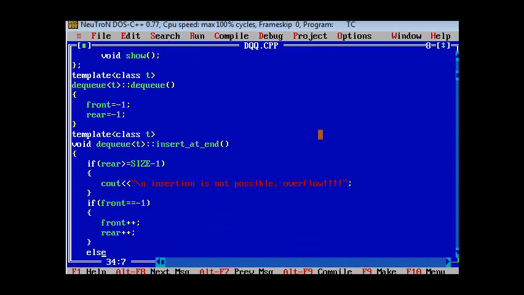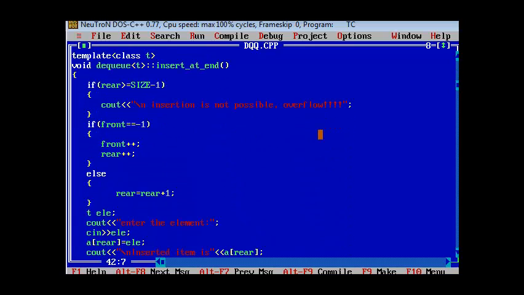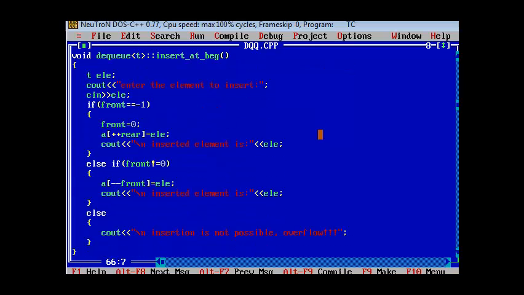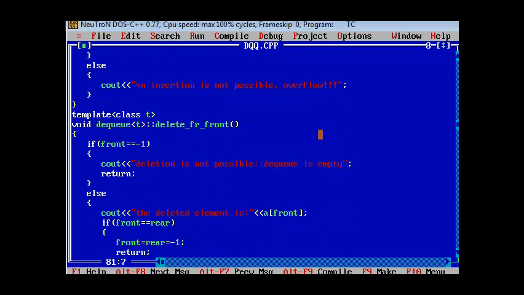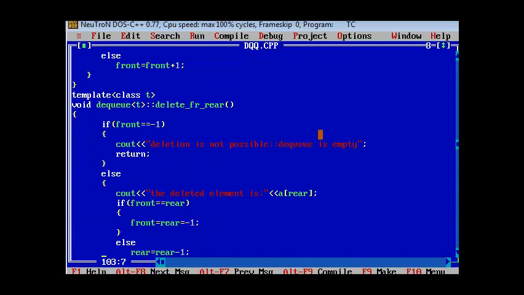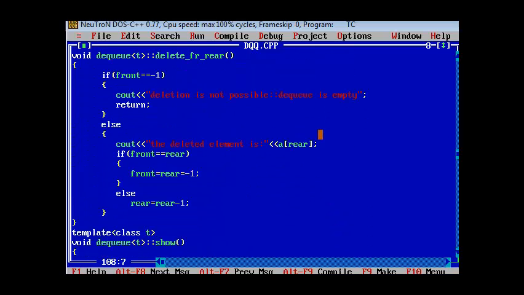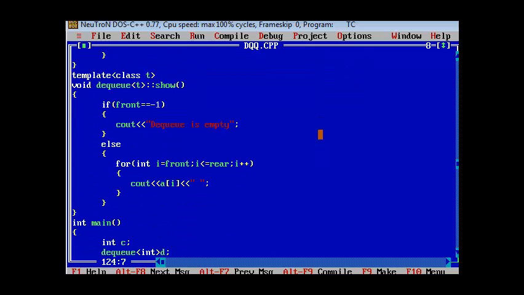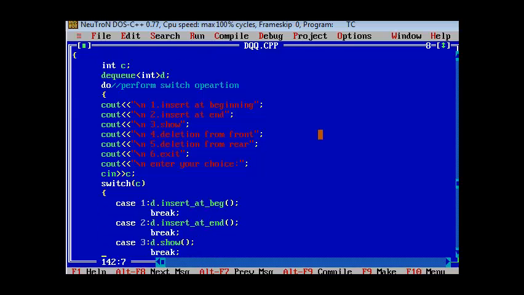This is the insert at end function, this is the insert at beginning function, this is the delete from front function, this is the delete from rear function, and this is the show function, the display function.